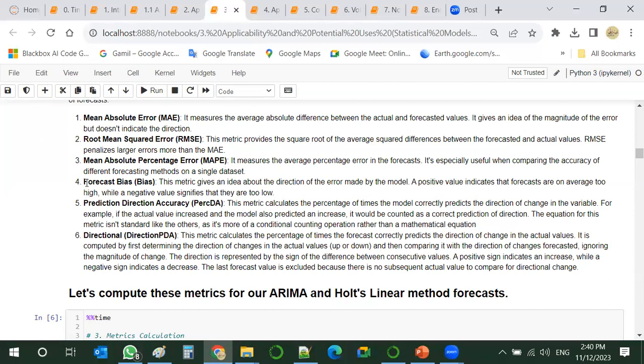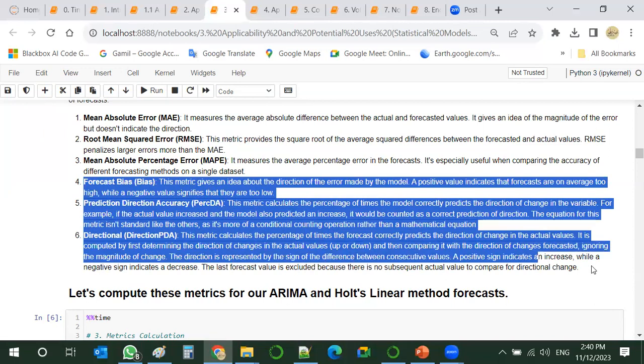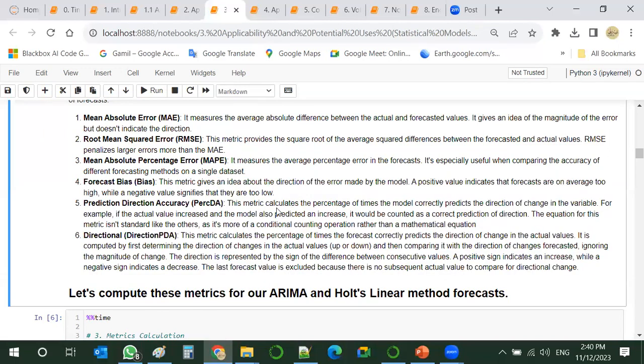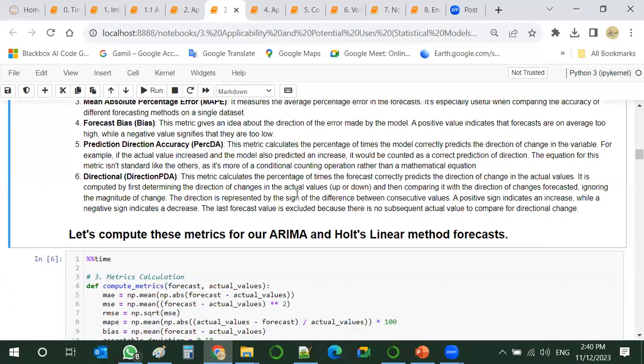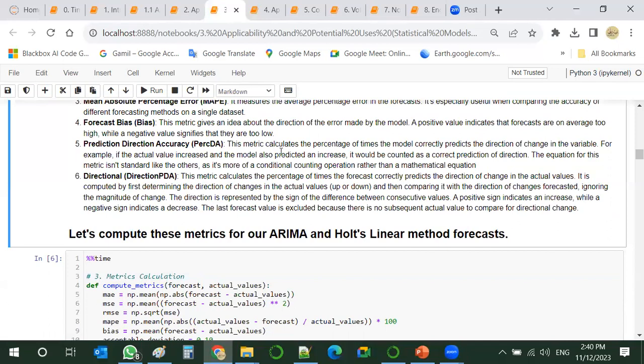And we have some specialized metrics for forecasting, like bias and prediction direction accuracy, and all the definitions and the formulas are here, so you can go through later.